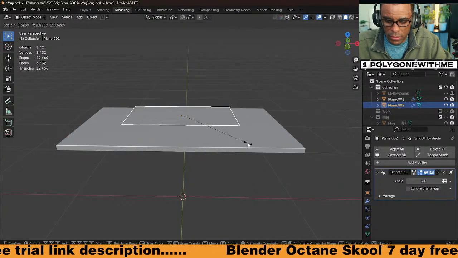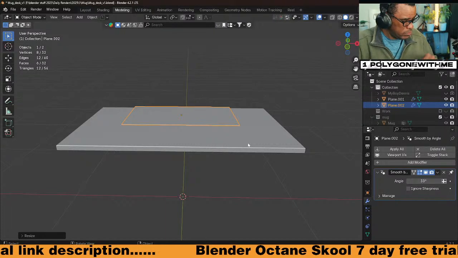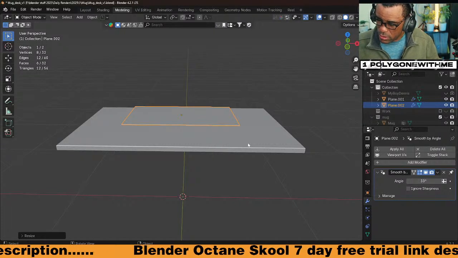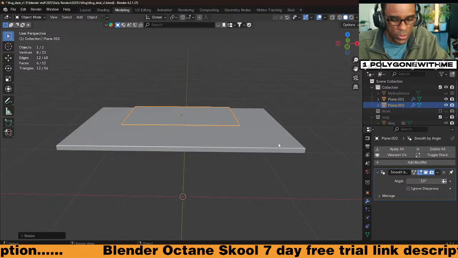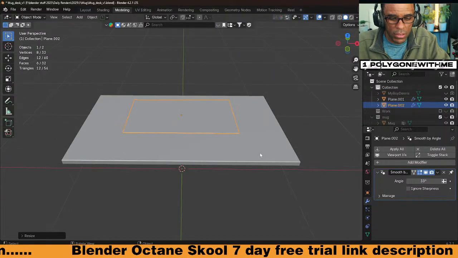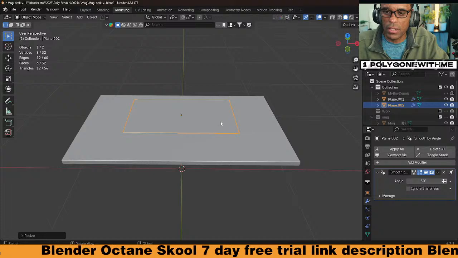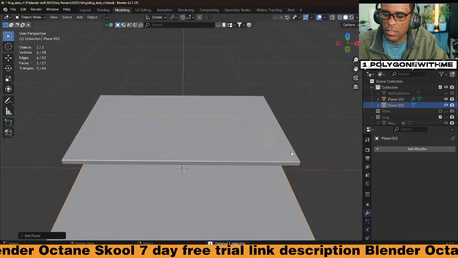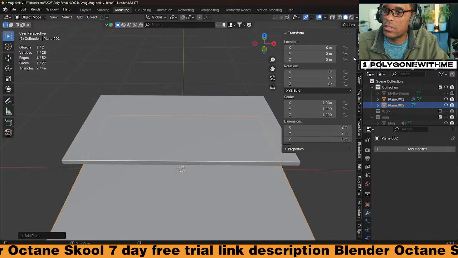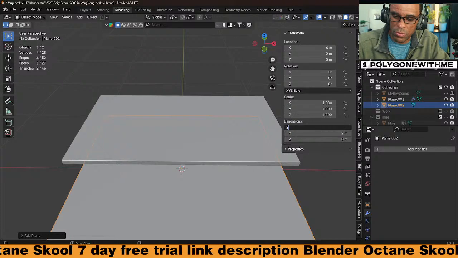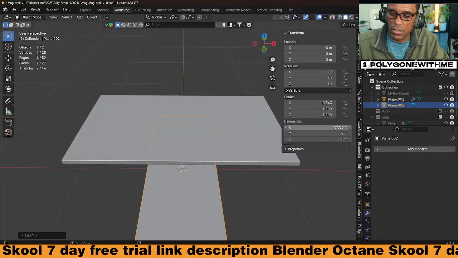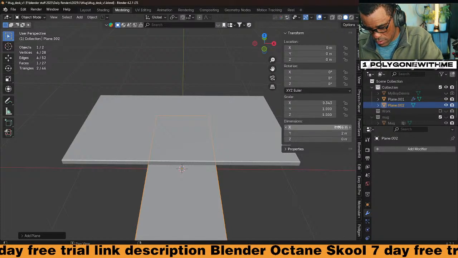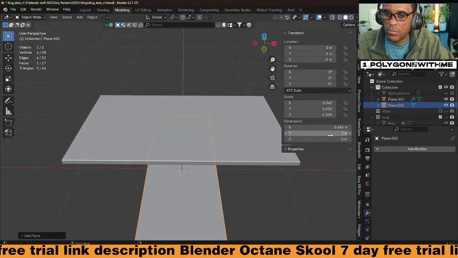Let's scale that down. How big is this mat? Mat is 27.5 inches. We'll just round it to 27 inches. And actually I'm gonna use a plane because I want to do something. We're gonna go plane, and then we're gonna go into plane on the X is 27 inches by 12 inches, 27 inches by 12 inches.